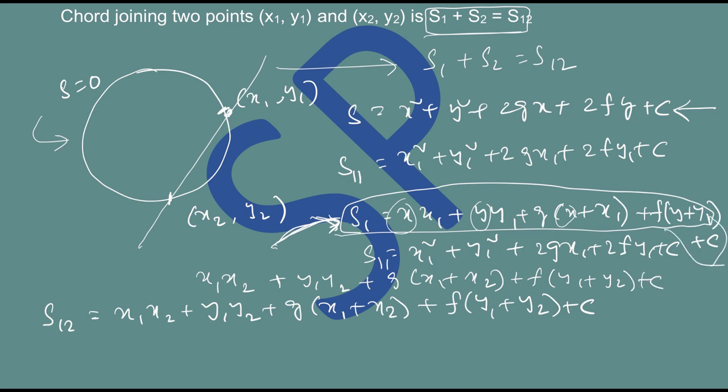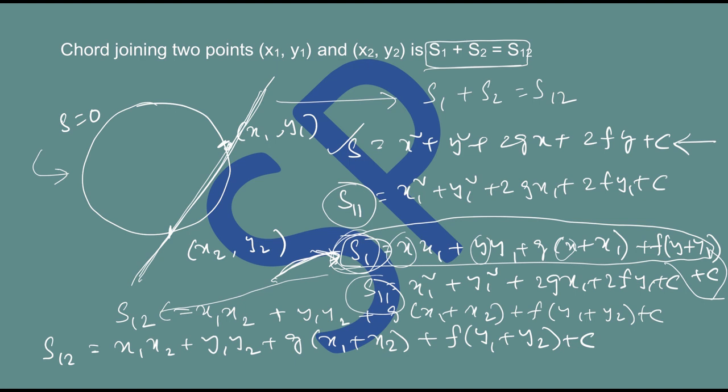Okay, so you can see that this is nothing but S12. These simple things I hope you all observed. In S, if I put x1 y1, then the expression becomes S11. In S1, if I put x1 y1, then this also turns into S11. In S1, if I substitute x2 y2, then it is turning into S12. These are very simple points, so first of all, observe them.